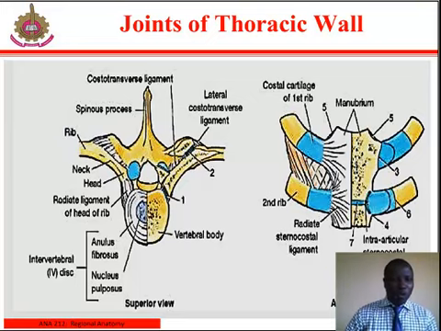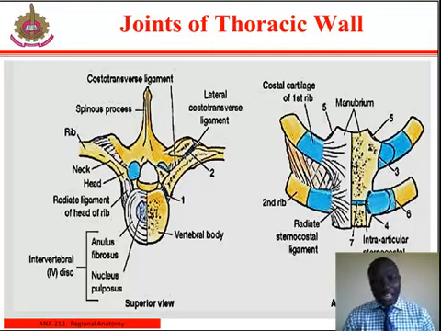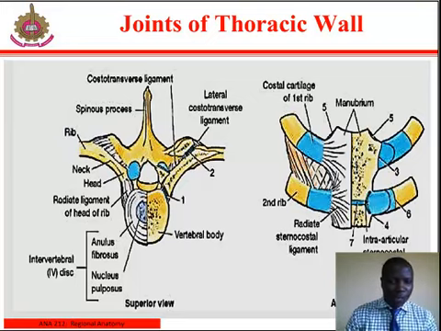Joints of the thoracic wall occur between the vertebrae, that is the intervertebral joints; ribs and vertebrae, that is the costovertebral joints, joints of the heads of ribs, and the costotransverse joints; sternum and costal cartilage, that is the sternocostal joints. Then we have the sternum and clavicle, that is the sternoclavicular joint; ribs and costal cartilages, that is the costochondral joints; then the costal cartilages, that is the interchondral joints. Parts of the sternum, this is